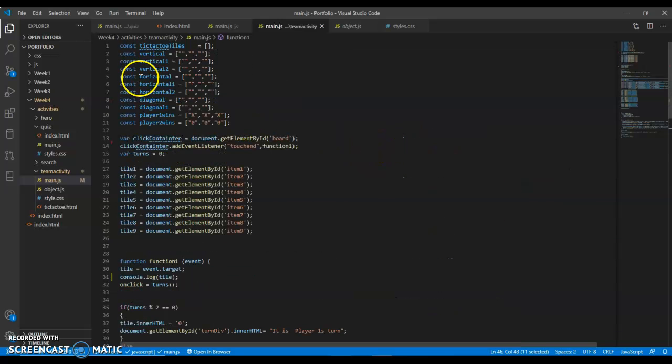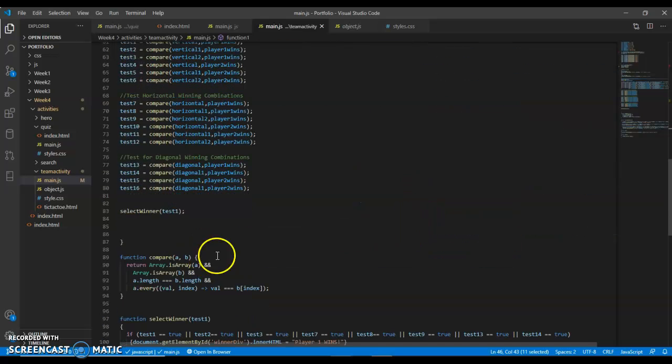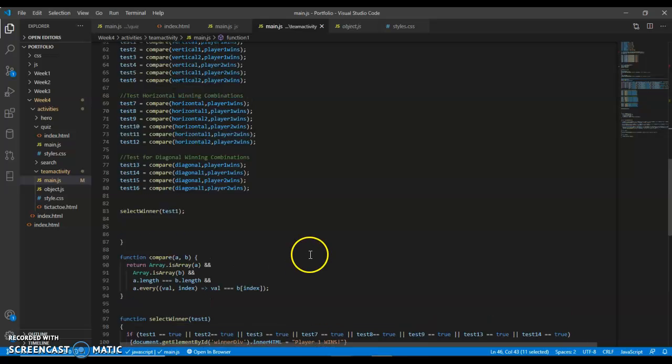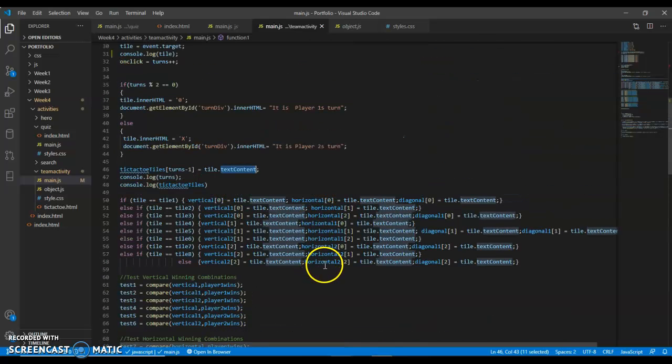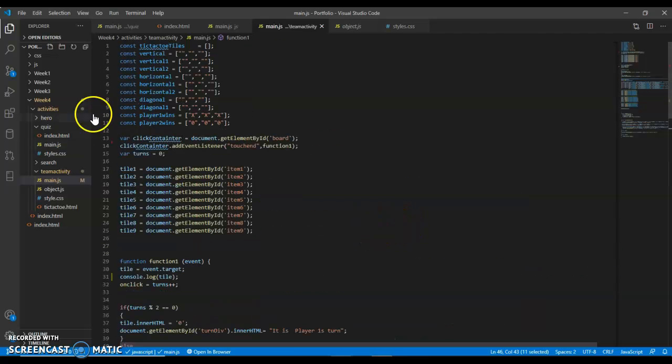So it gets added to the array. And then those array elements get compared here at the bottom. If the arrays are the same,